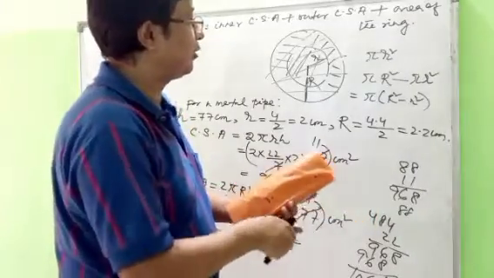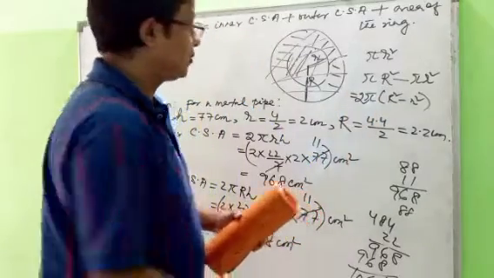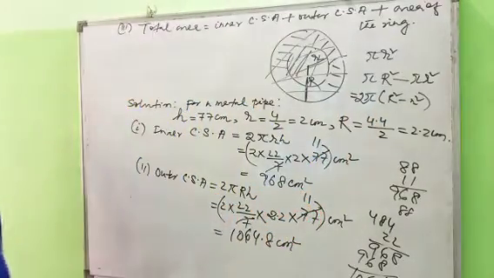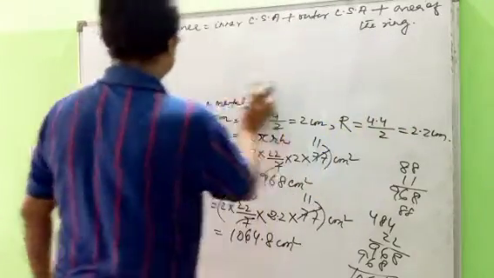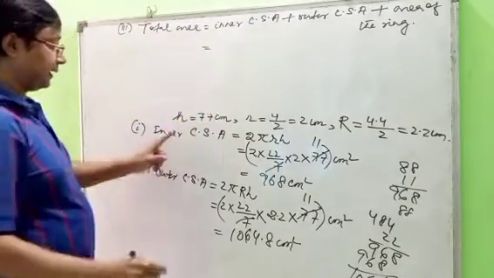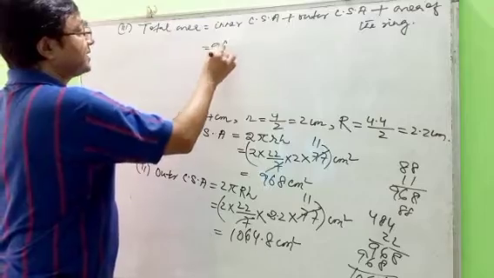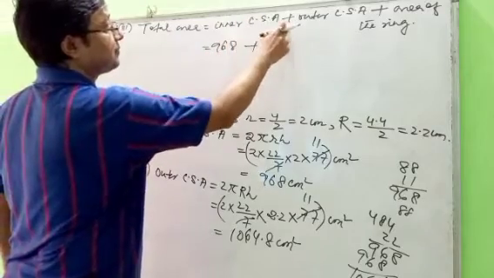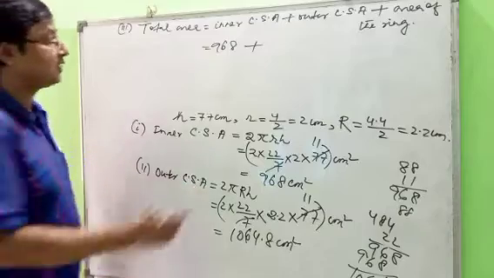That is why you are going to make it double, so twice. So now here, you got the inner CSA, 968, plus the outer CSA,